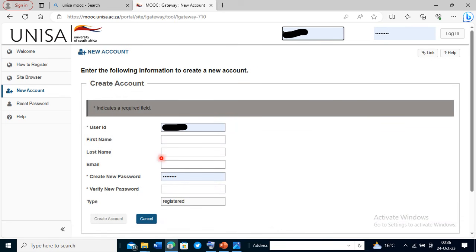Then from here, user ID is going to be your student number, and then first name, you write your names, and then the last name, just put your surname, and then email, then enter your personal email, the one which you use to apply with, and then create a password. A password, yeah, you can enter whatever you want to enter. Anything,